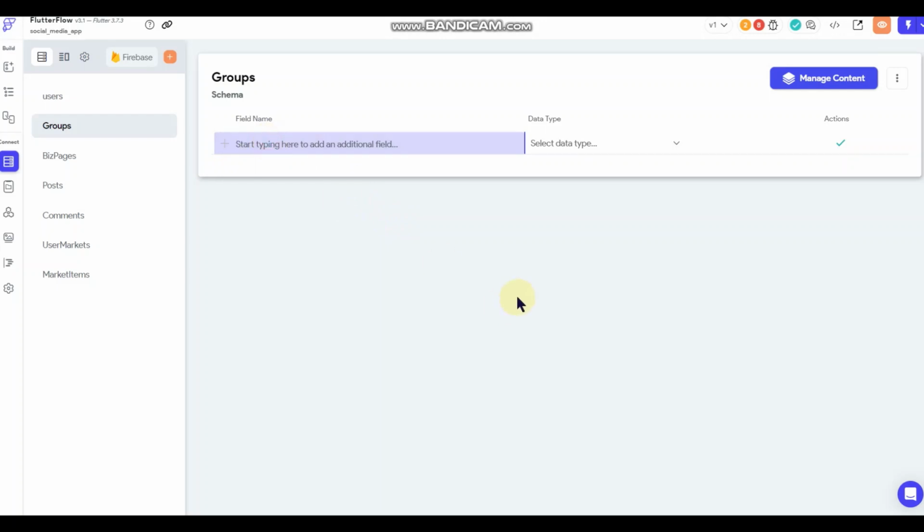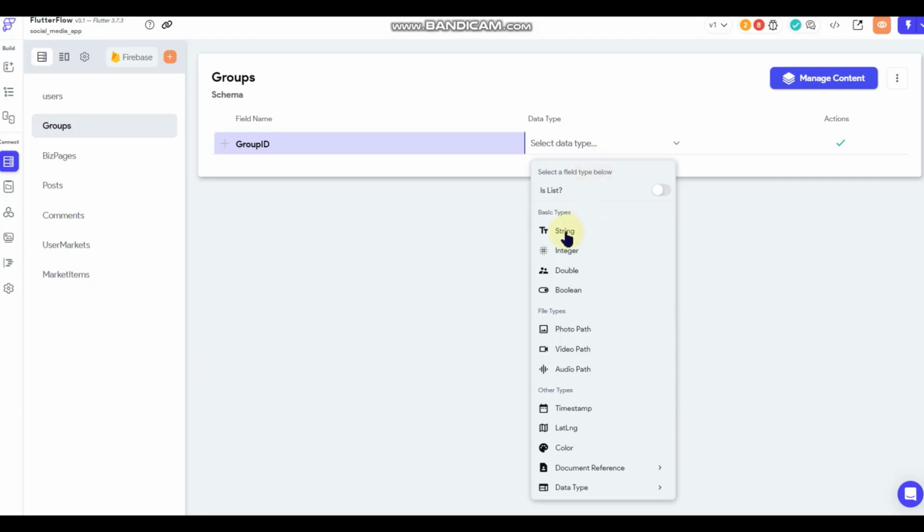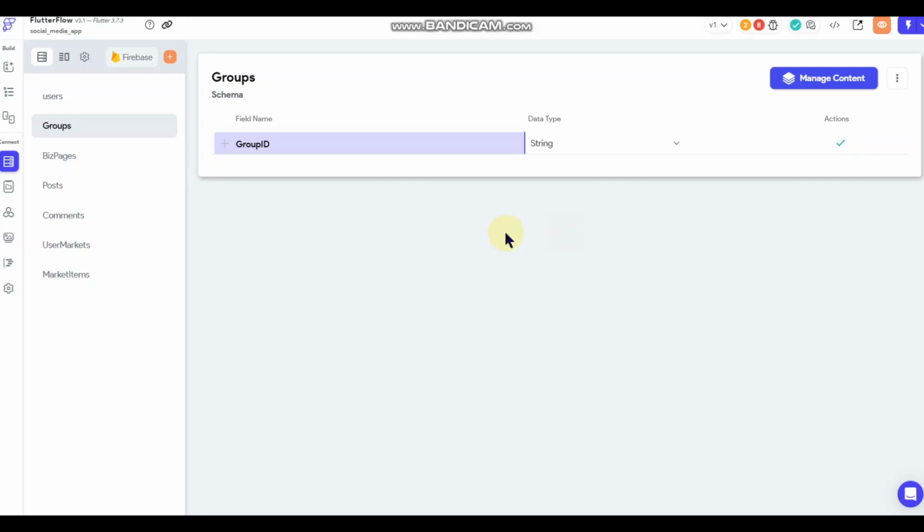Every entry automatically has an ID assigned from Firebase, but sometimes having your own group ID that is assigned within FlutterFlow can be beneficial. So we're going to have that, and we're going to set it as a string. That way we can have a combination of numbers and letters.